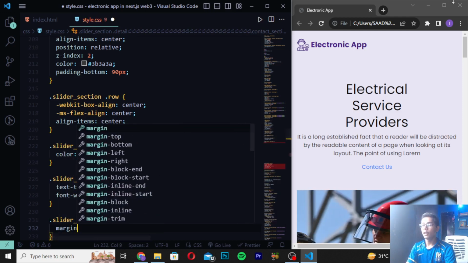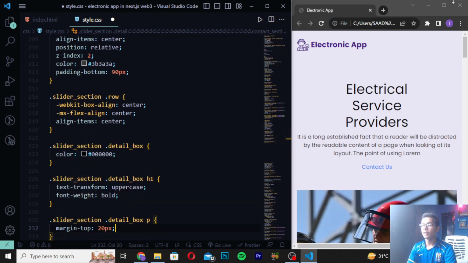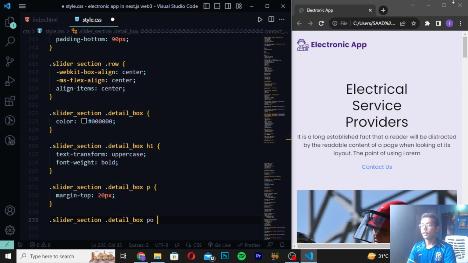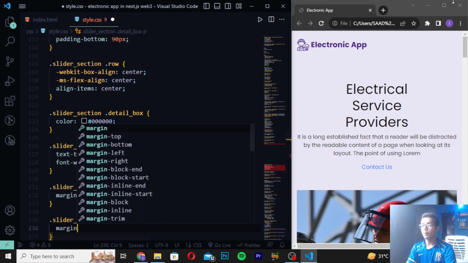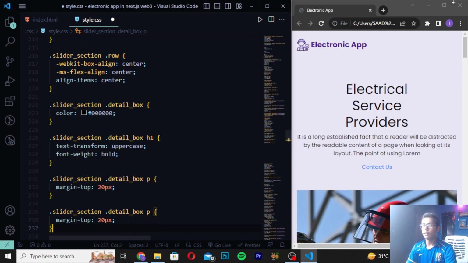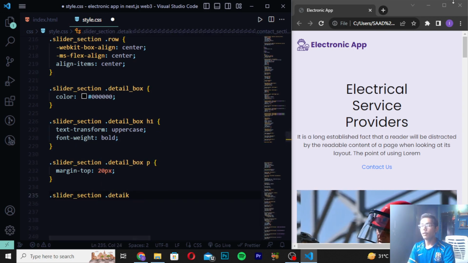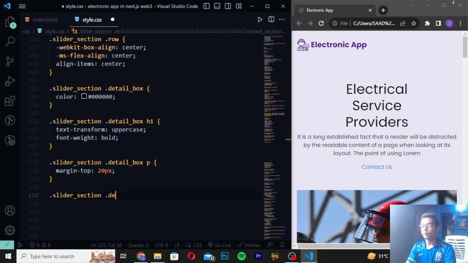tag, and I will now write margin-top as 20px, and write slider_section. So here I will now write slider_section detail_box tag and create margin-top as 20px. And then when you've written this, you have to just remove this, and then write detail_box here,